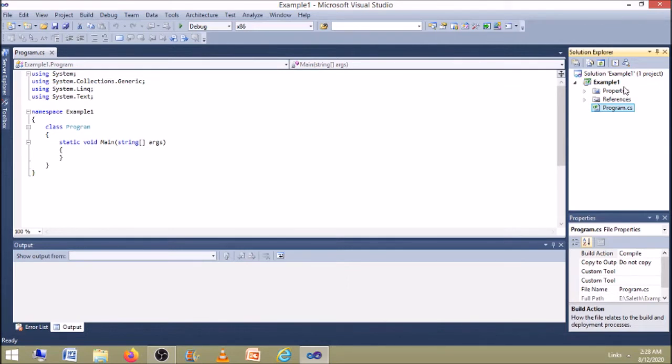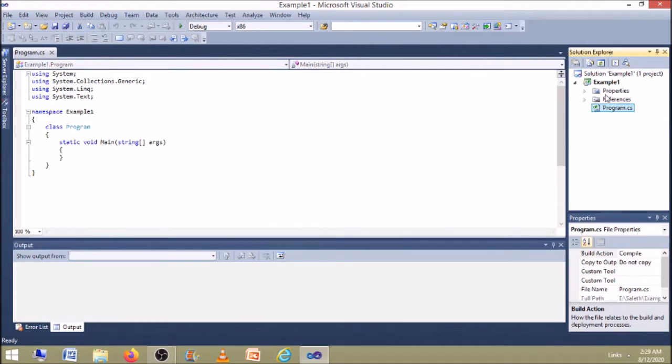Next option is Example 1. As we said, this is the project file. Each project file references one or more class files, which actually contain the source code and other items for the project. Okay. Next is Properties. This is a folder where we can change the author name, who wrote the source code for this project, and on which date the source code was created.